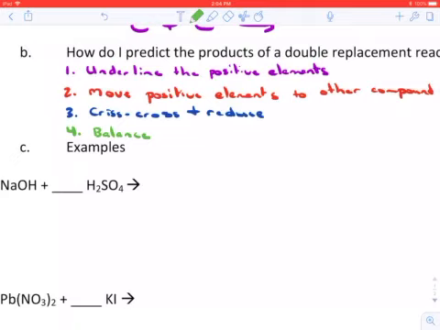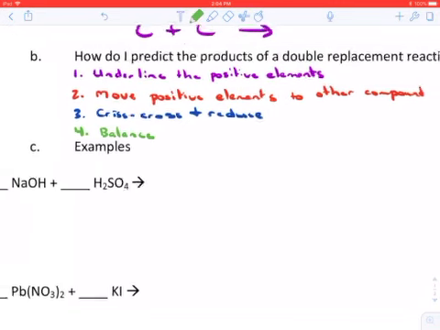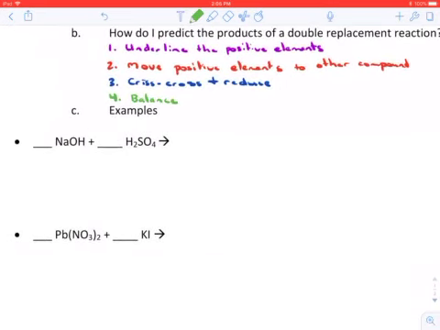So our first step, we're going to underline the positive elements. Then we're going to move our positive elements to the other compounds, just making them switch partners, if you will. We're going to crisscross and reduce, and our last step is going to be to balance. So let's go ahead and take a look at that keeping those steps in mind, and we will work through